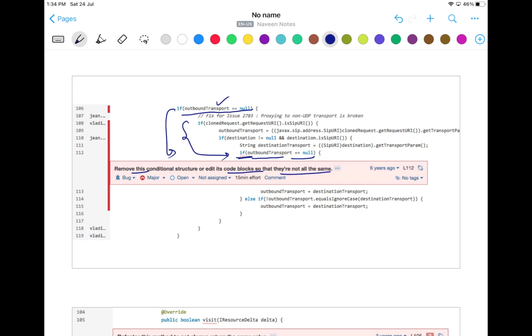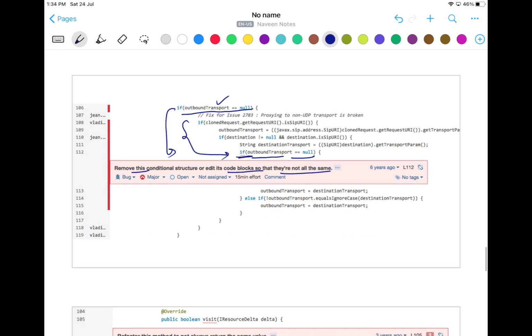The compiler will not catch these kinds of issues. According to the compiler, this is fine. It will be executed also, but here it will give you an error in SonarQube, or during the static code analysis, that yes, this is a problem with this application. This is at line number 112. It is giving you an error in this particular .java file, in this particular method. This is the code smell. And it's saying it's a major issue. So it will tell you what kind of issue: is it a major issue, or critical, or blocker, or something like this.